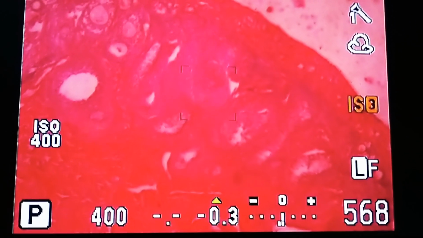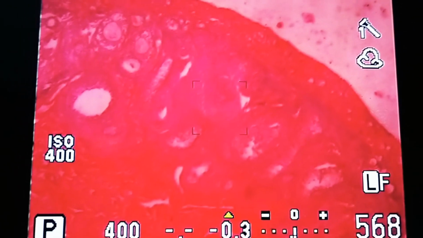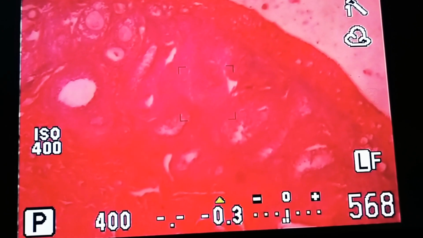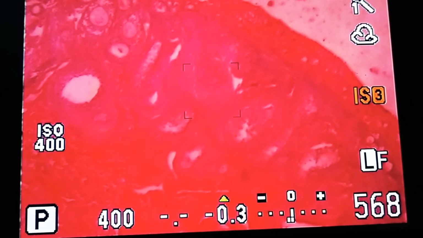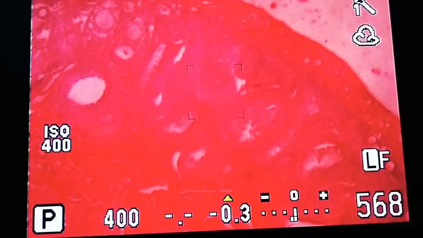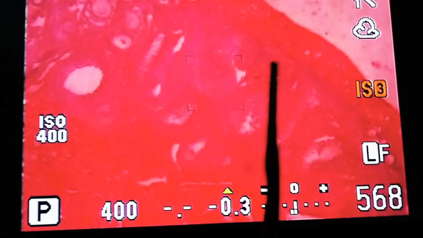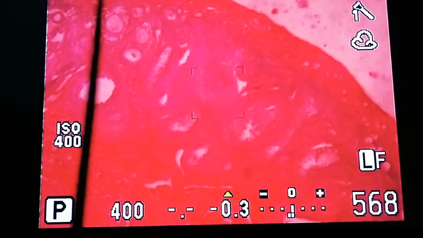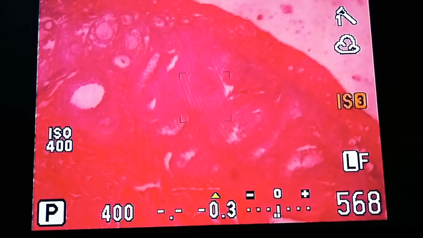Now I'll be showing you the slide of the ovary. Okay, we finished with uterus, cervix, fallopian tube. Next goes the ovary. As I told you, the ovary has two parts, cortex and medulla. Cortex means always towards the outside area. So here this area is the cortex and it is lined by the germinal epithelium.